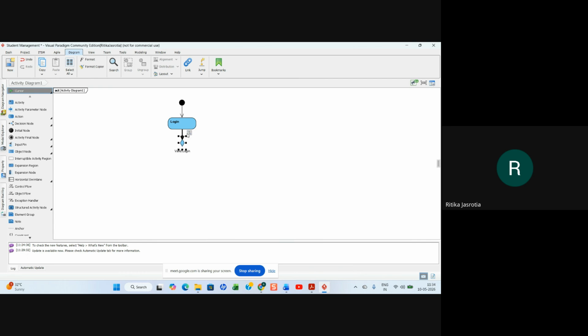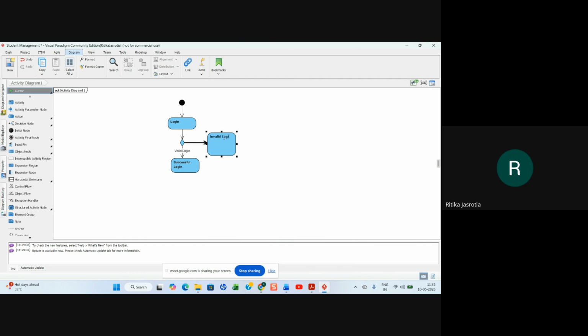Then valid login will give you two activities. One is this and the other is this. One is that you have successfully logged in, and the other is you have an invalid login.